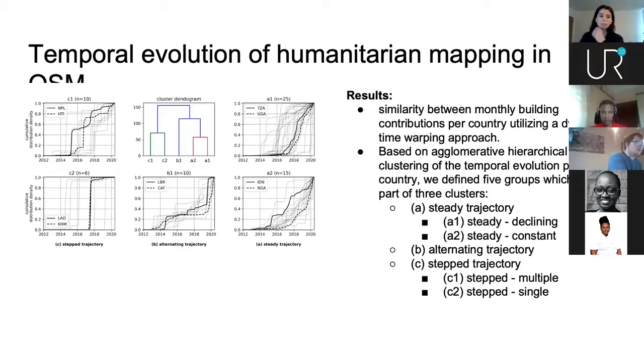And compared to that, the opposite, more or less, is what you see on the very right-hand side, where mapping has a slow onset, like in Tanzania and Uganda, then speeds up, and now eventually, the pace is getting lower a bit, but still mapping is happening. And what we assume, and that's the part that Hannah will also talk about next, is that what we see on the right-hand side is more sustainable, because mapping is not only happening once, but over a longer time it is maybe maintained. And this is where Hannah can give us a bit more details.